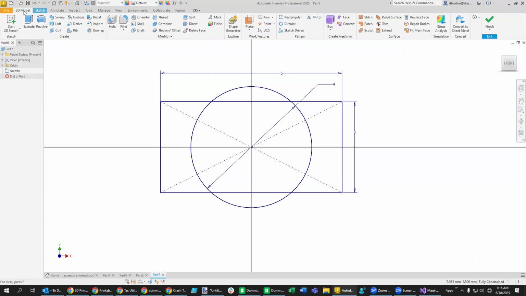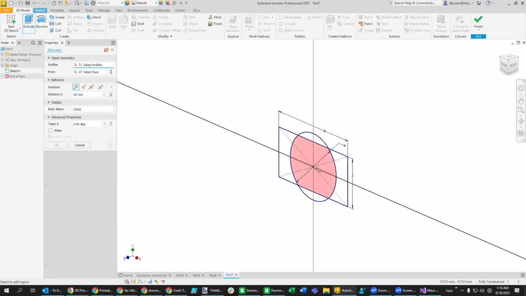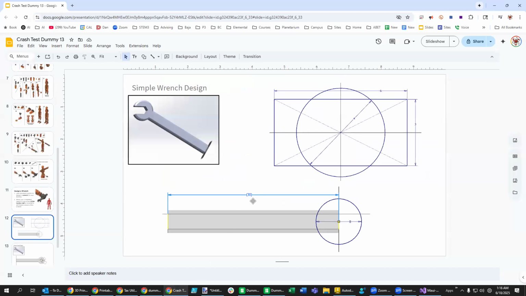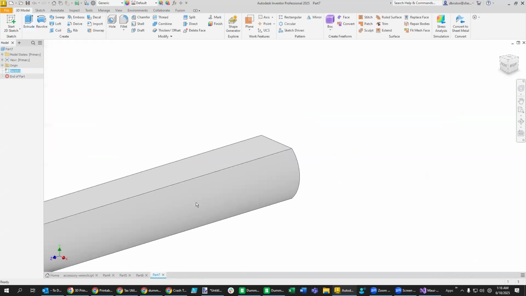What we can do now is extrude that into the third dimension to make a 3D object. So we're going to click on Extrude under the 3D Model tool. We want to select the shape that we want to extrude, and it's going to be that shape right there so that it fits in the hand of the dummy 13 model. We also want it to be 30 millimeters in length. So let's get back over there to this one. So instead of 10, we're going to go up here and type in 30. You can see now it's much further out there. We're extruding it. Just click OK. And then what you can also do is come here, click the home button like that to see the whole